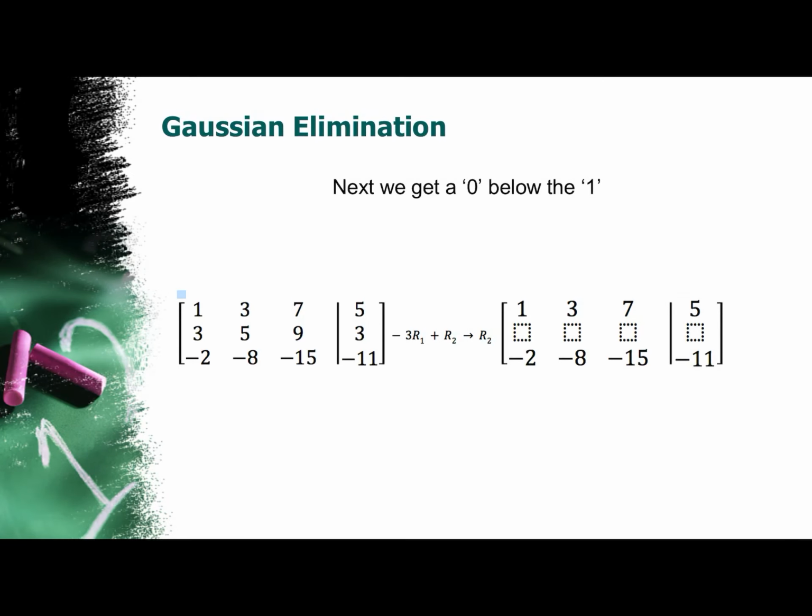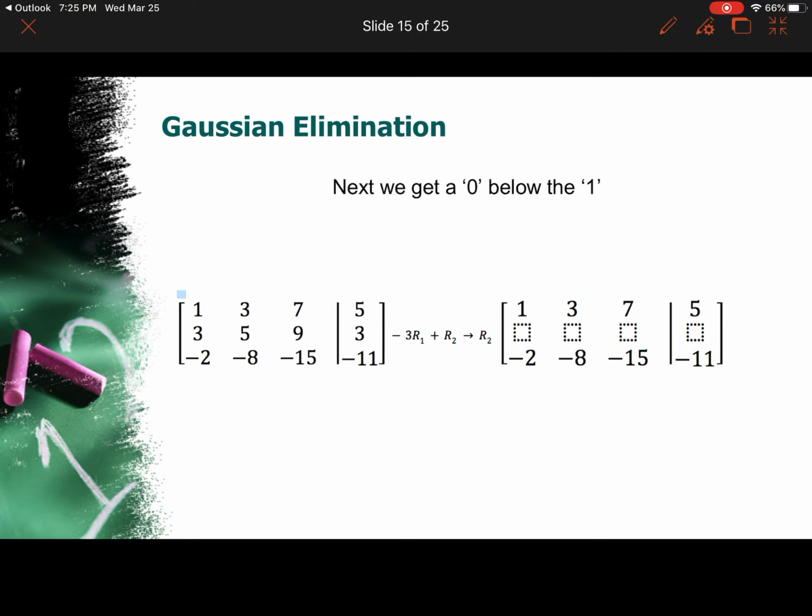Now, remember the next thing we wanted to do was get a 0 right below the 1. Well, just like we did before, we're going to use the row operations. We're going to multiply one row and add it to another row to get that. I just care about this 3 being a 0. Okay, so if I use the 1 I got up on top, multiply by -3,